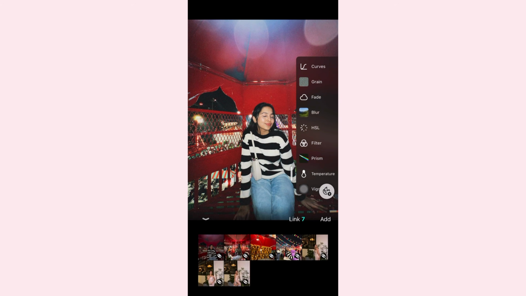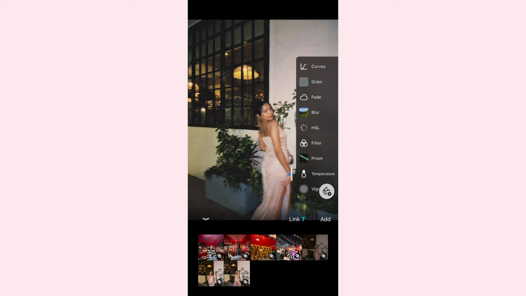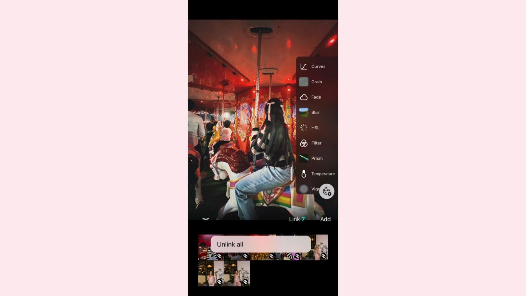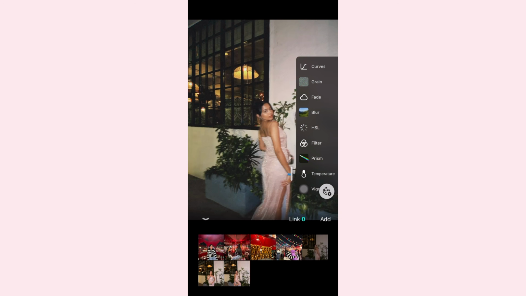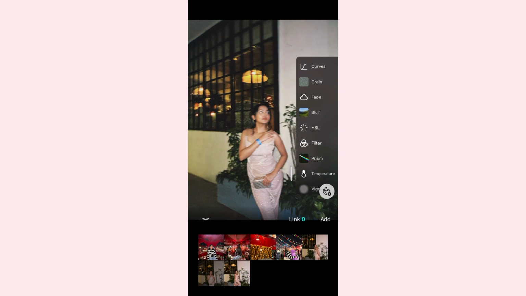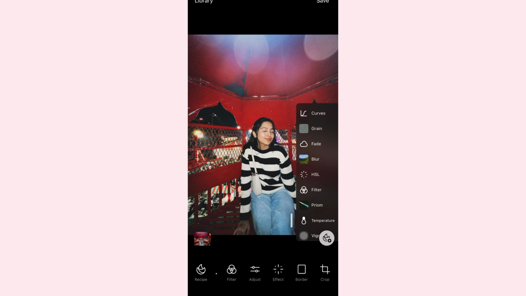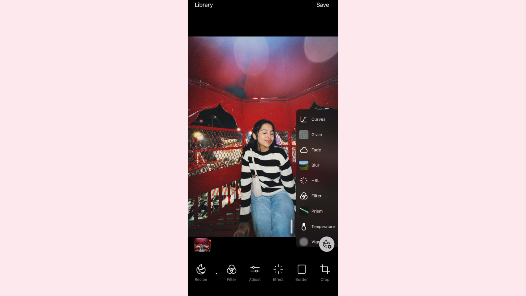An effect has been put to all the images, so you can see these are all in the halation recipe. But if you click on this link and click on unlink, now all these pictures are separate. You can add different recipes or different effects to all these pictures and then save them all together. Let's say you think that the brightness is too much in this particular effect,